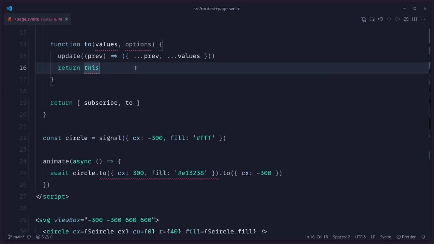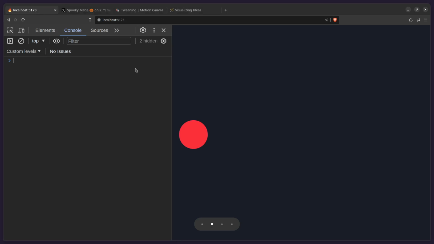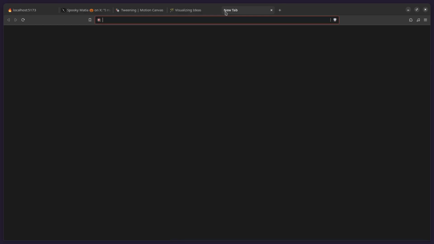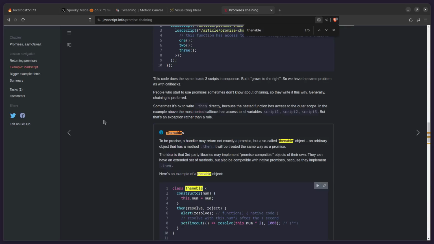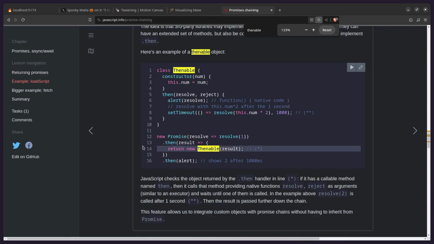Alright, so the problem becomes how do we chain promises? And thankfully, this is really simple to do. So you can go to this beautiful site, JavaScript info. You can read about chainable promises. You can make an object thenable. Yeah, here it is. So basically, they're using a class as an example, but any object, including a function, if you return it, then this becomes almost like a promise, but not really. Basically, when it sees it, it's going to treat it as a promise. Using the await keyword, we're going to turn it into a promise. And then when we add all of our animations to the queue, it's going to run then.